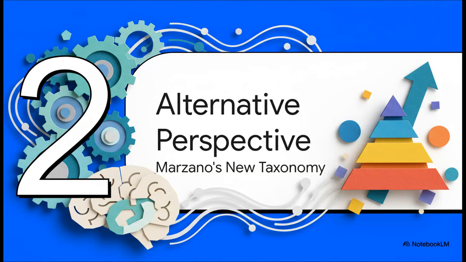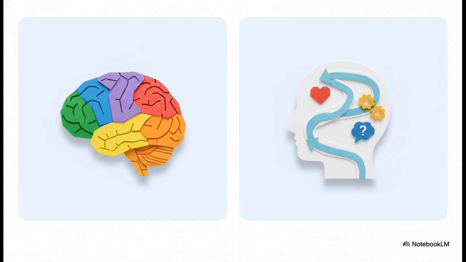Okay, so Bloom's taxonomy is an incredible tool for classifying our learning objectives. But some researchers looked at it and felt like a key ingredient was missing: the student. The actual human doing the learning. And that brings us to a really compelling alternative: Marzano's new taxonomy. And the shift in focus here is a really big deal. Bloom's is all about classifying the objective, the task itself. Marzano, on the other hand, tries to model the entire flow of learning as it happens inside a student's mind.